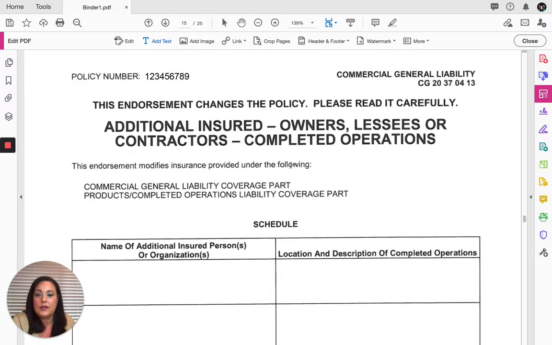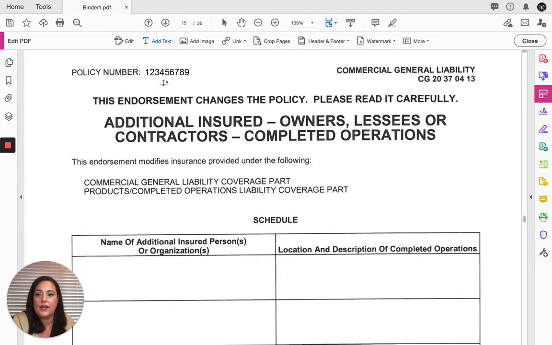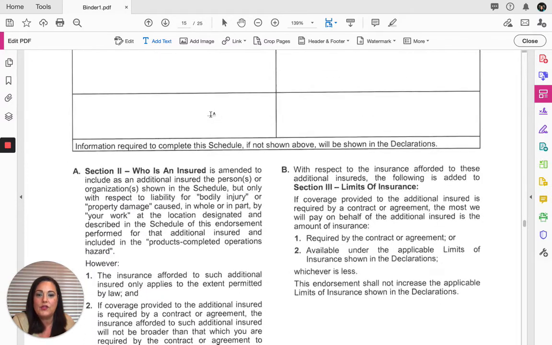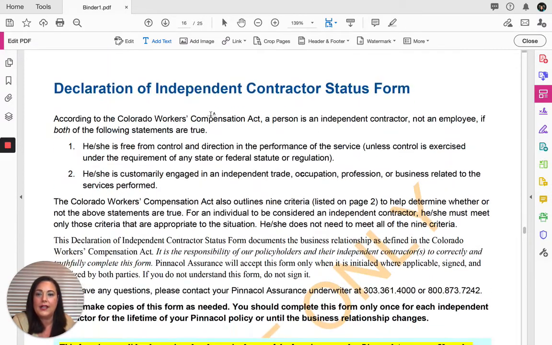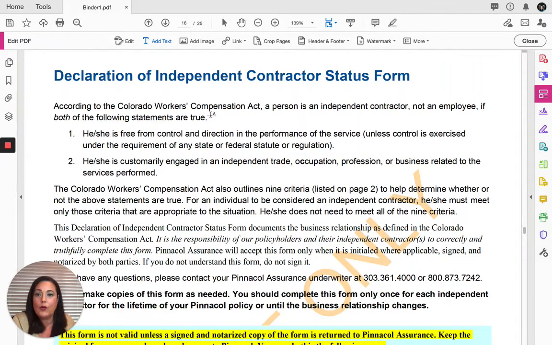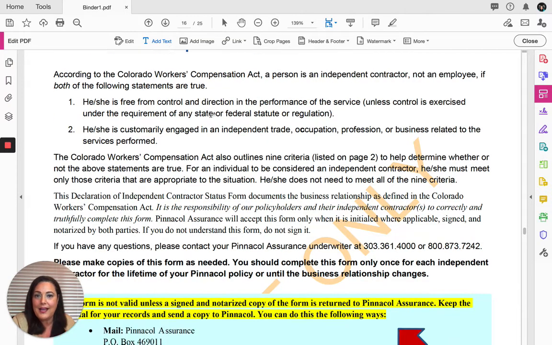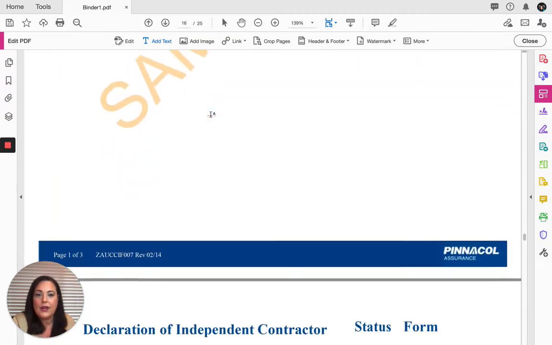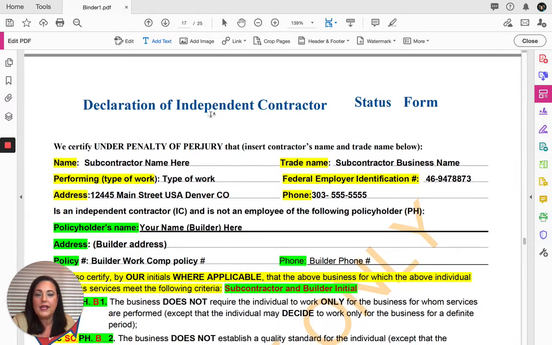So it's really important. Here you have a policy number. Obviously, I just put that in, but I'm showing you some different ways that they might look. And then this is for workers' comp. Workers' comp is a little bit more complicated. If you already have workers' compensation, then you are required to have a declaration of independent contractor status form signed and approved by Pinnacle. And the reason is because anybody who is an independent contractor can be approved by Pinnacle